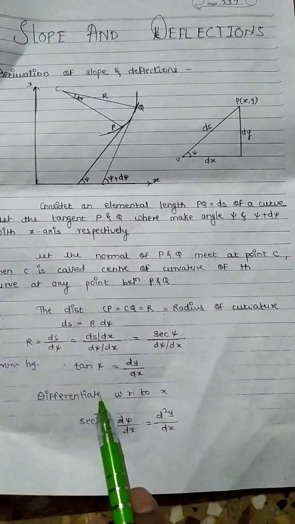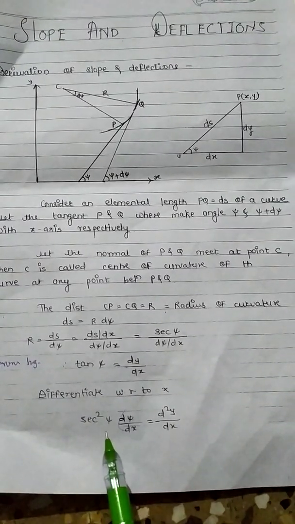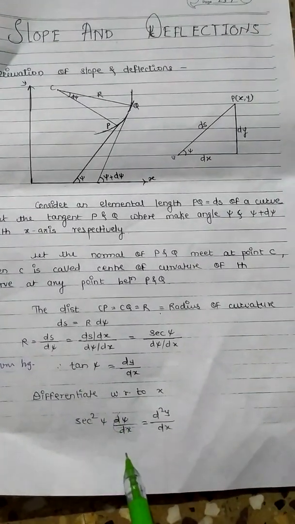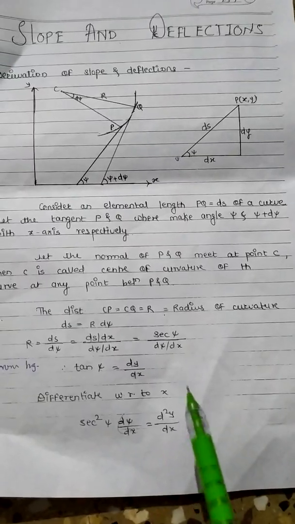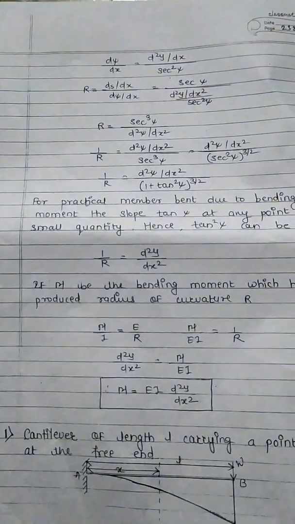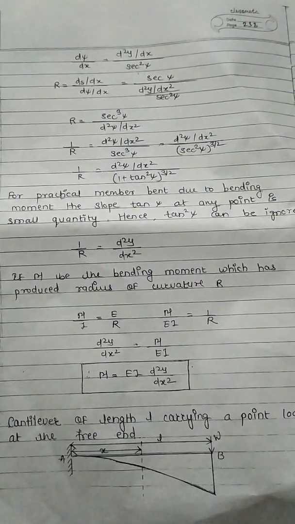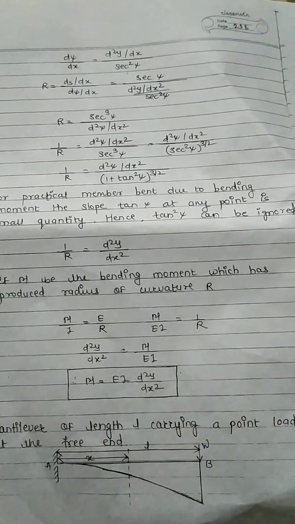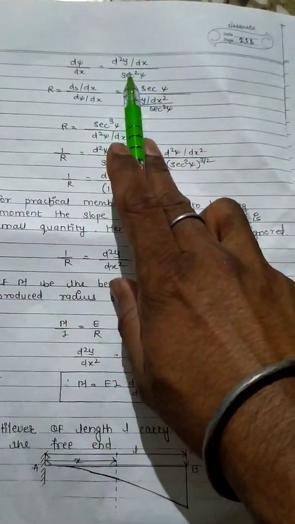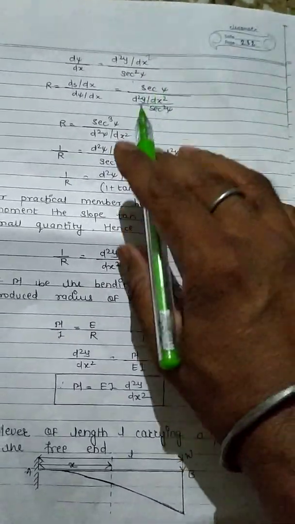Then the differentiation of tan is sec square, so sec square psi into d psi upon dx is equal to d square y upon dx square. Therefore, again we rearrange the terms, and this d psi upon dx is equal to d square y upon dx square